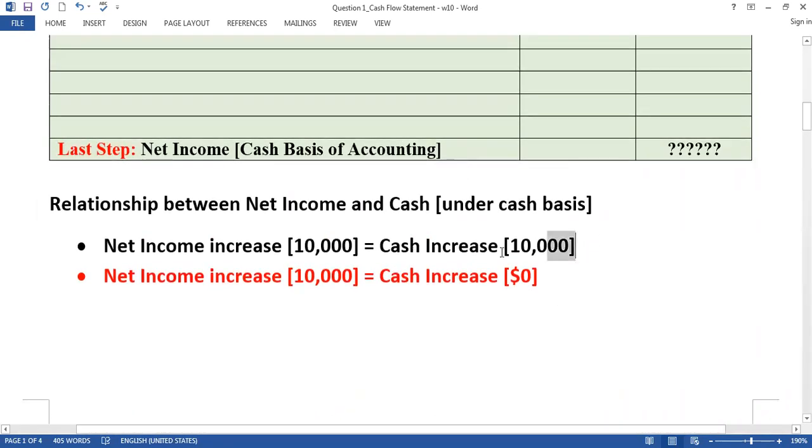We know this is the formula. If net income increases, cash should also increase, right? But we find a situation that net income increases, but actually cash does not increase. So how to make it equal? We cannot touch the cash because cash is not increasing or decreasing, right? So if we minus